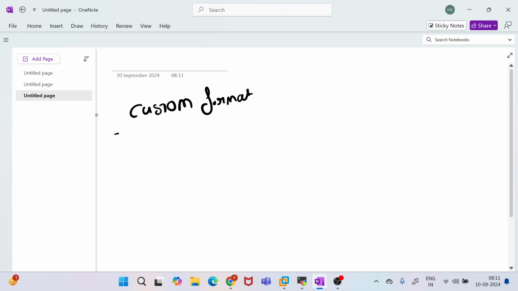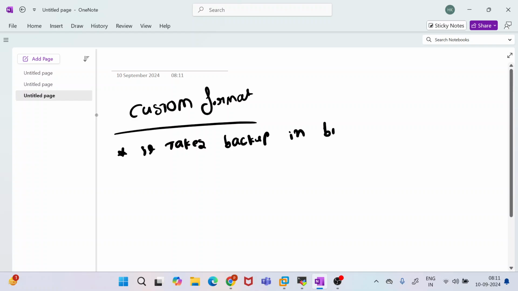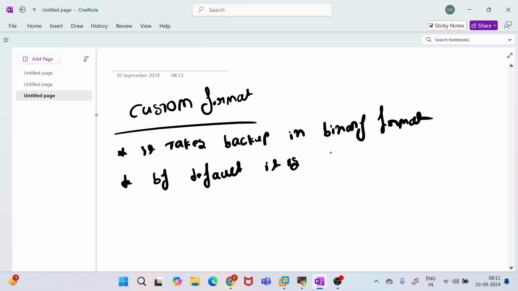Custom format. It takes the backups in a binary form. Binary format means it is not a human readable format. By default it is compressed. And whenever you take a backup in a custom format, pg_restore is used to